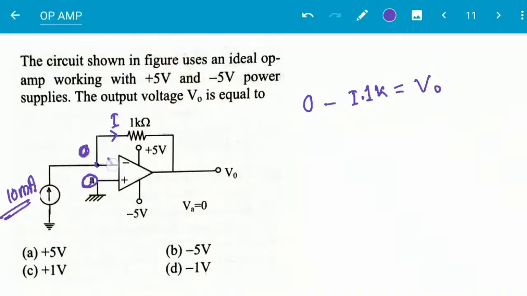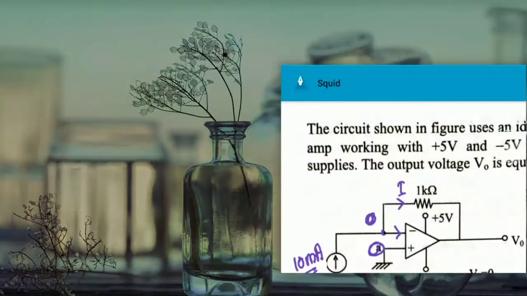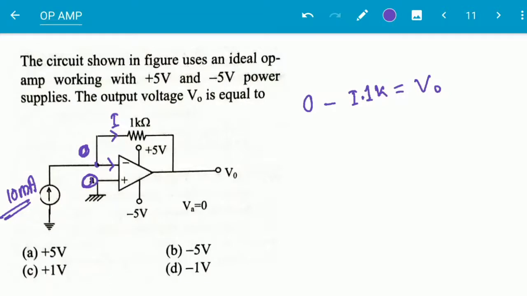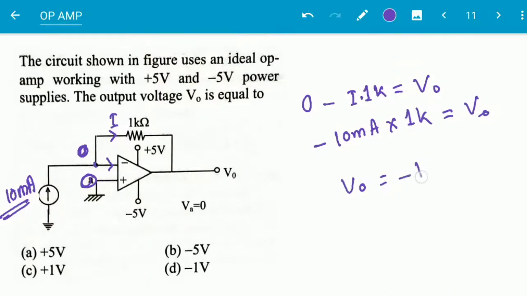As no current flows into the op amp, the same current, 10 milliampere, will flow in that feedback circuit, and this will be equal to minus 10 milliampere into 1 kilo ohm will be equal to V0, and V0 will be equal to minus 10 volt,